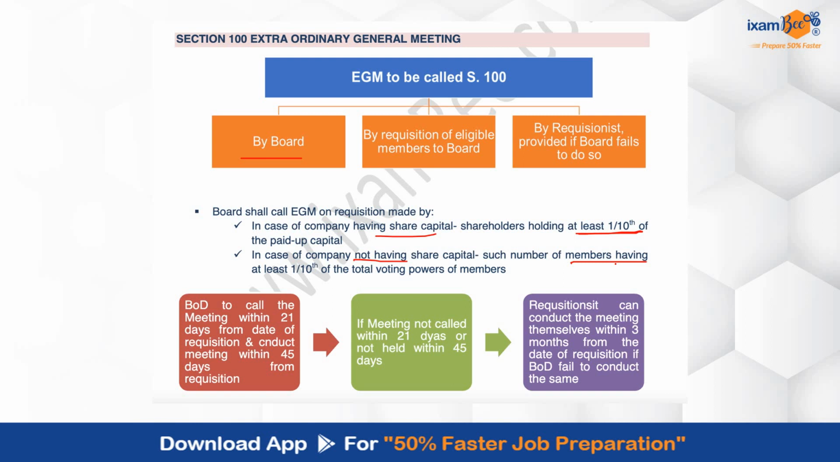Now the board will be going ahead and calling the meeting within 21 days from the requisition, and that meeting needs to be conducted within 45 days. अगर board जो है does not go ahead, calls the meeting within 21 days or does not hold it within 45 days, in that case the requisitionists, they have the right that they can go ahead and conduct that meeting themselves within 3 months from when? From the date of requisition,